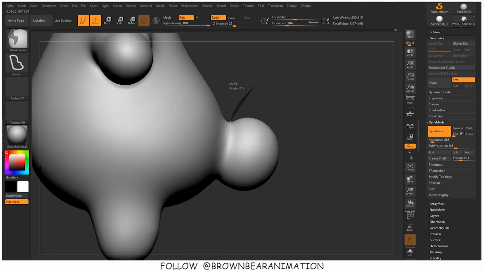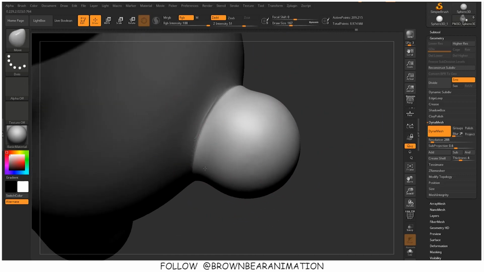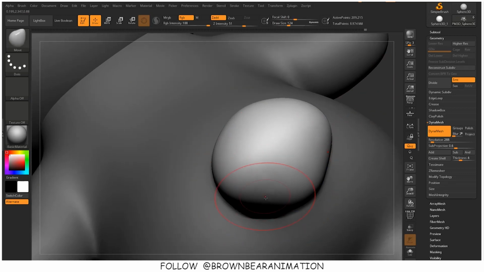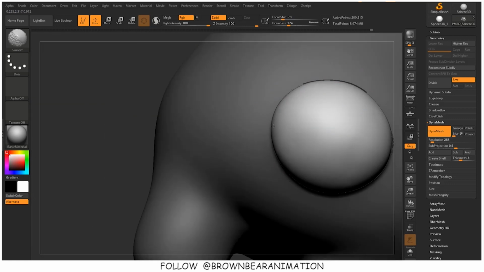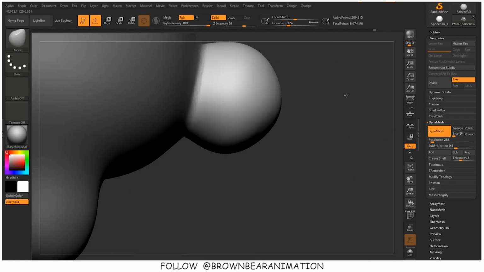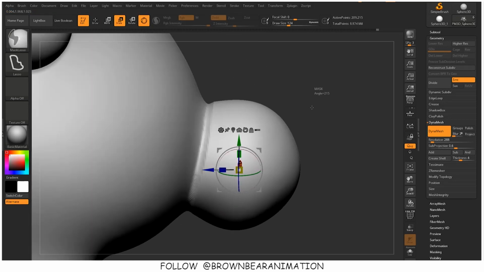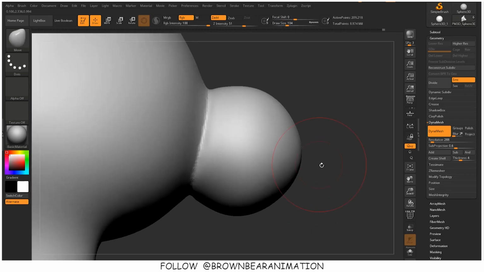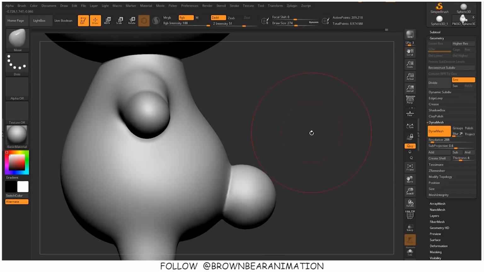As you can see, I have again used the masking trick. I can do this by using the Dam Standard brush, but masking is also a tool. There are tools which you can use in different ways. It is not written anywhere that for doing this thing you have to go to this button. In sculpting, once you know the basics, you can sculpt anything just by observing the tools and how you can use them. So here you can see I have used the masking brush and the tail is completed.